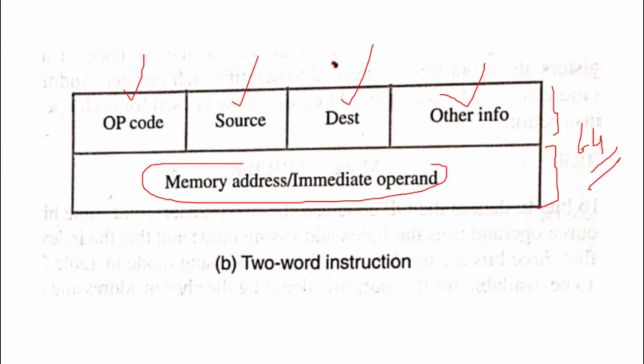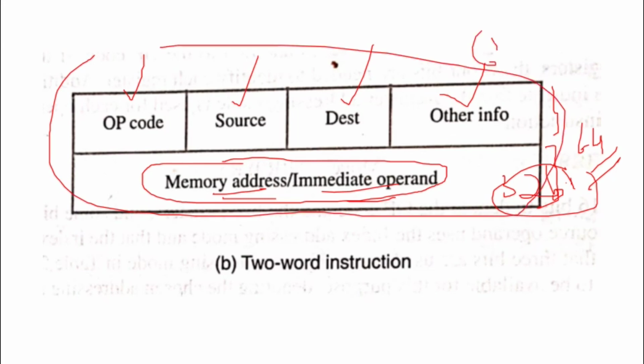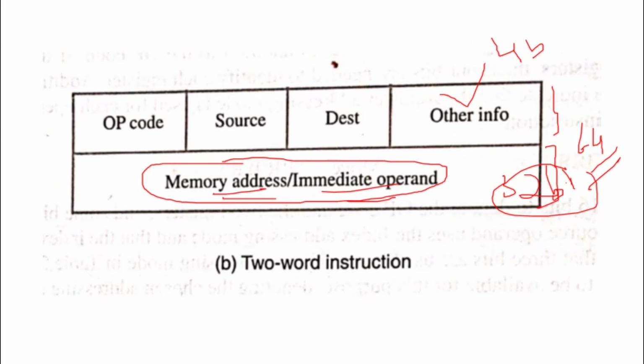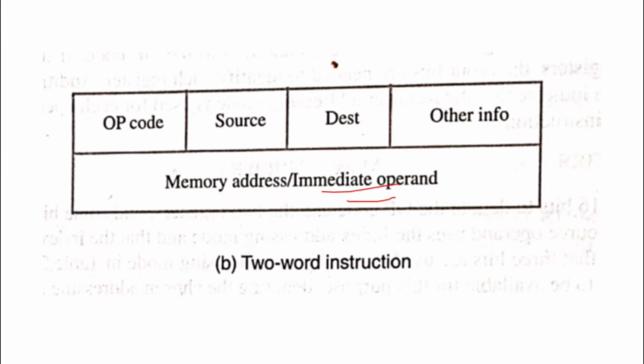Then whatever addressing offset is used, we use a 32-bit separate space to store the addresses mentioned in either source or destination, or if there is an immediate operand, that operand value will be stored in a 32-bit separate space. So altogether this instruction now becomes 64-bit. Whether the instruction after converting into binary should consume 64-bit or 32-bit depends on the computer architecture. While designing the processor, it will be decided which kind of instruction should be converted into 32-bit or which kind of instruction should be converted into 64-bit.